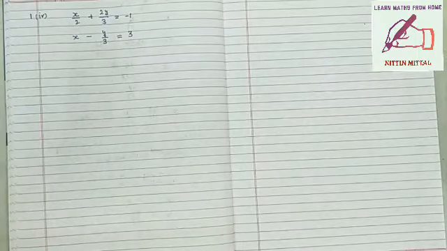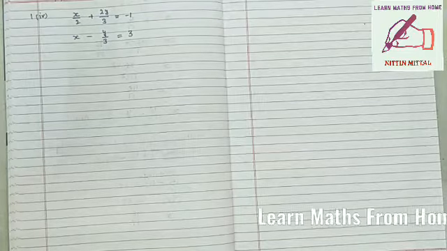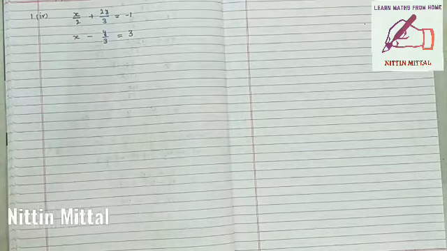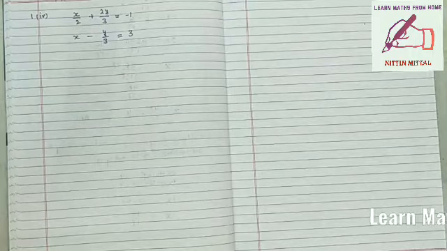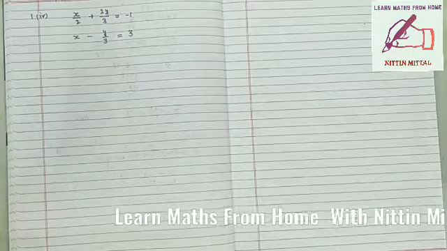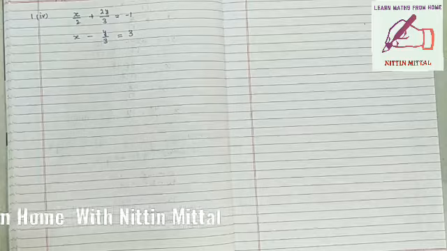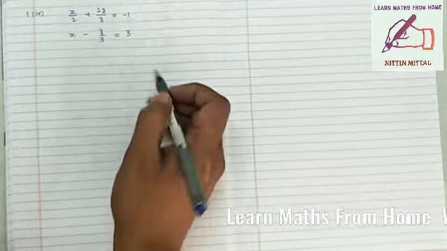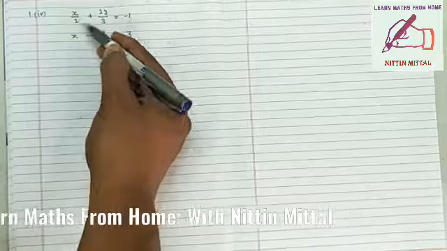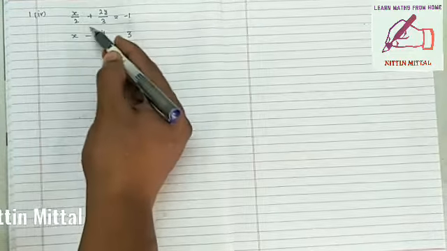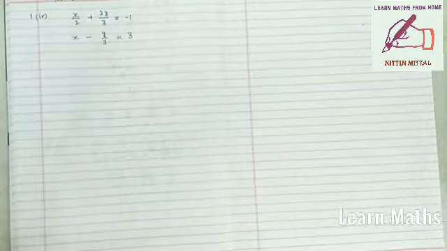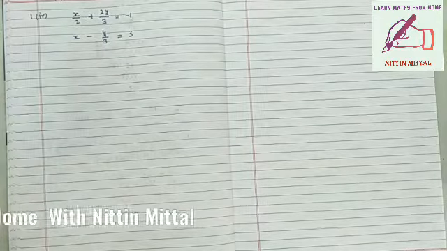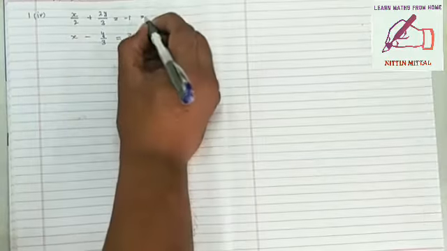Part of exercise 3.4, I have taken fourth part, first question of exercise 3.4, that we are being asked to solve by elimination method and substitution method. Substitution method we have already done. Elimination method let us do first. So for elimination method, if you see here the equations, these are in fraction, no? Fractions are there. So what you can do, if you want, you can get rid of these fractions by taking the LCM. Right, so let us simplify.